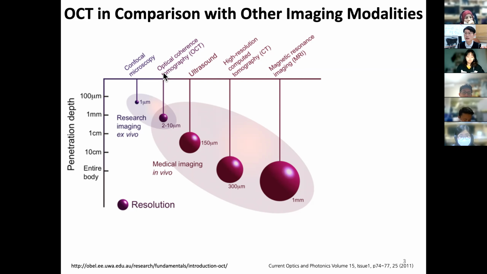So while the resolution is great, you don't necessarily get more than 100 or 200 microns, and anything deeper is very hard to see. While OCT in comparison, you can see the resolution is actually poorer than confocal. It's on the order of 10 microns, which means, remember, your typical target cell size is about 10 microns order for its nucleus. So you won't necessarily be able to see specific individual cells with OCT,